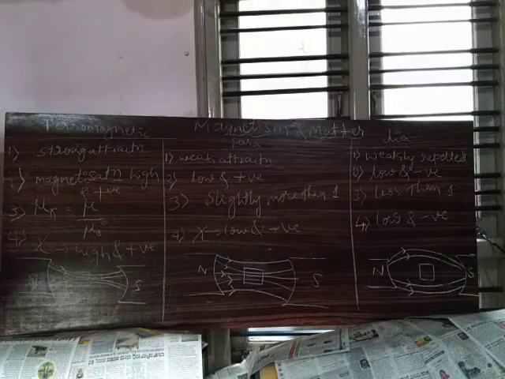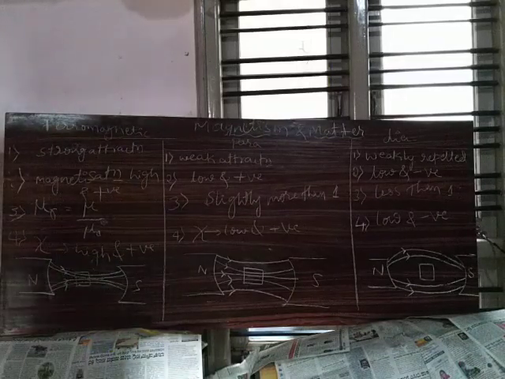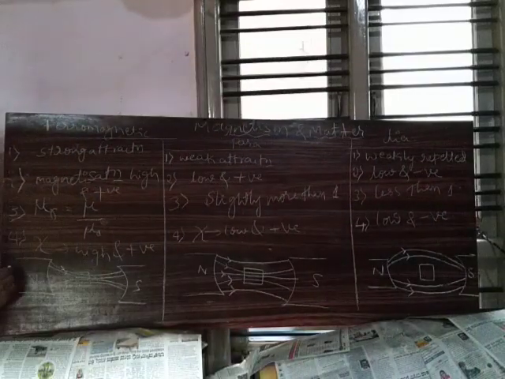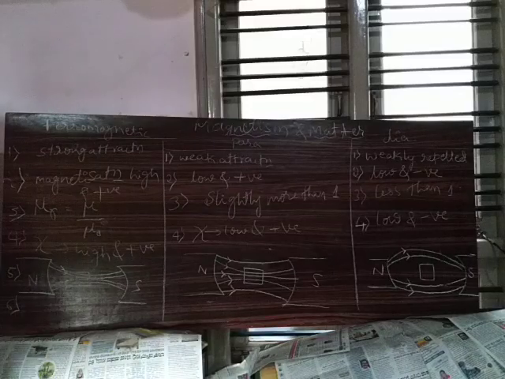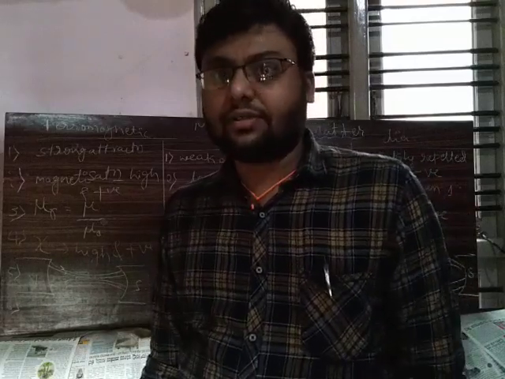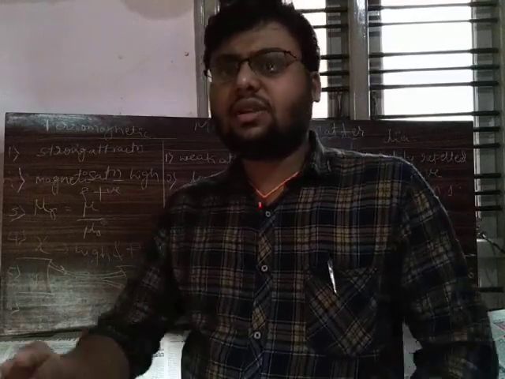Okay, the next one, if you keep this next property, it is fifth property, I think. No, it is the fifth one. Next one, sixth property. If we kept the ferromagnetic material in a non-uniform magnetic field, non-uniform means let us consider